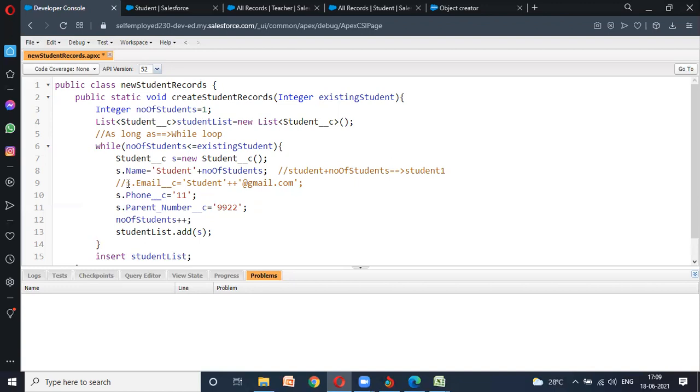Similar for email. Here also I need to add this. So my answer will be something like this. Copy this, go here, paste it.